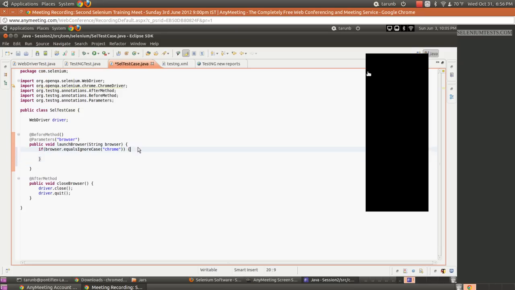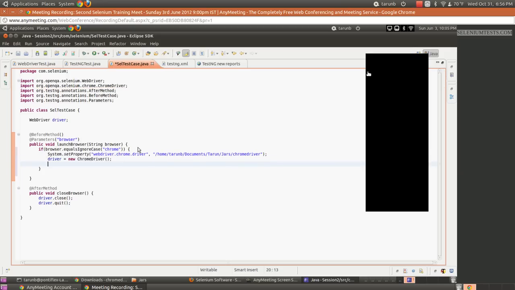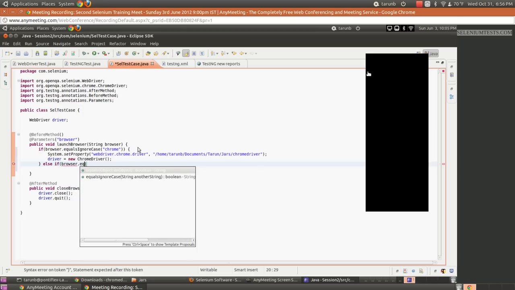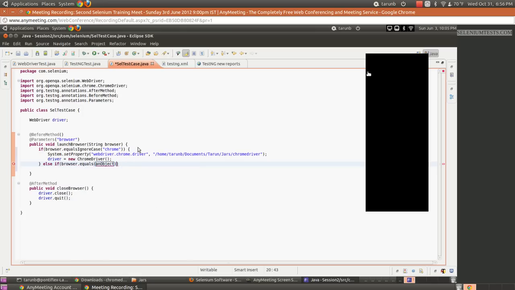What should I do? I should create the driver of type Chrome here. Okay, else if browser dot I'll use equalsIgnoreCase ff, then we will launch the Firefox browser.